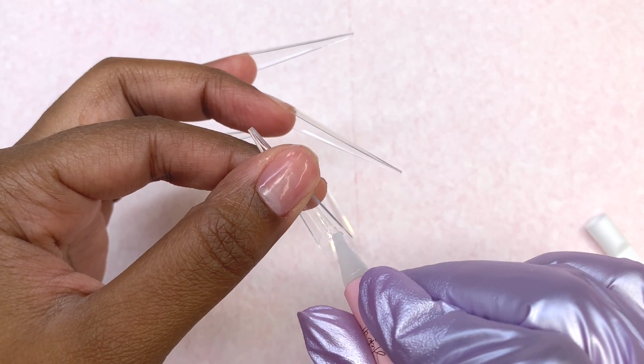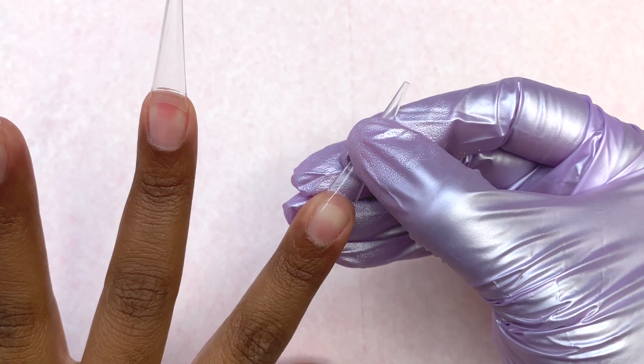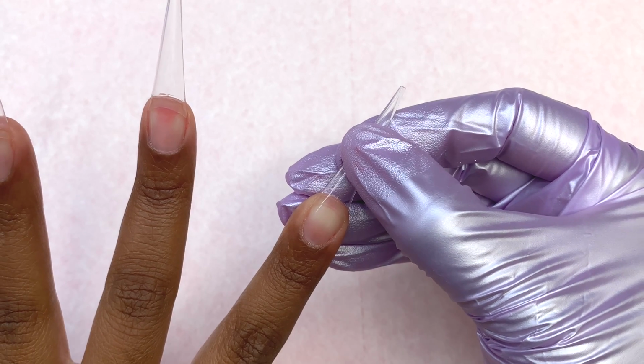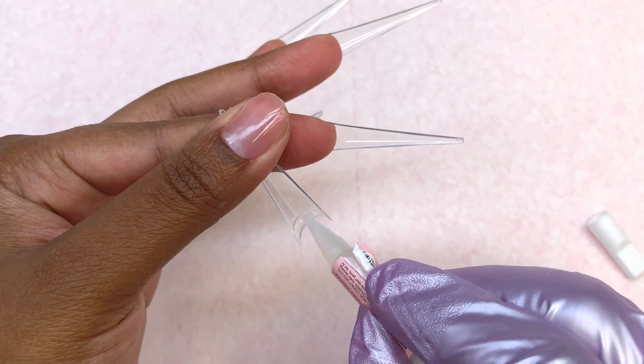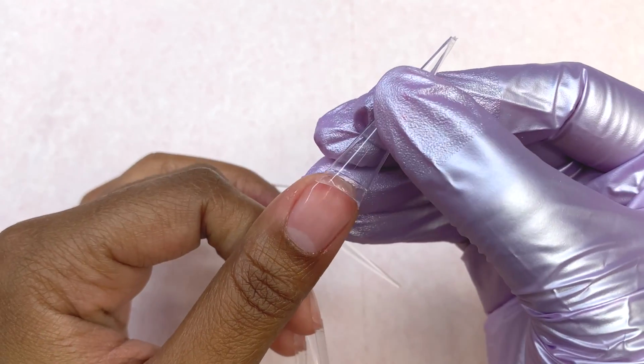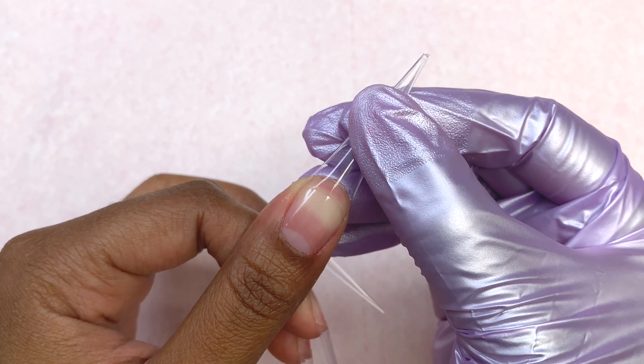But yeah, these new gels are a part of their Diamond FX collection, which is a gel collection that is really glittery, very reflective under flash or in the sunlight, and they're really stunning. I like to look at them under flash. They're so mesmerizing. But before we get into that, I did just go ahead and apply my nail tips,